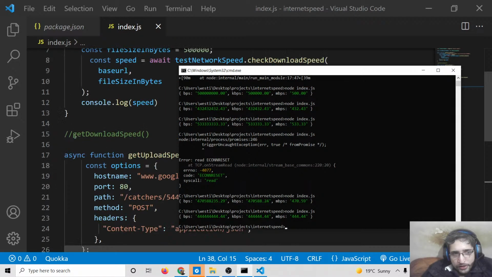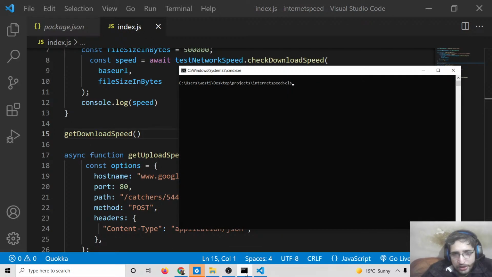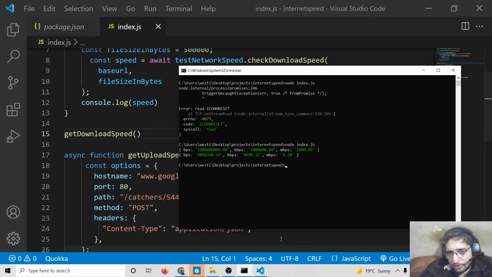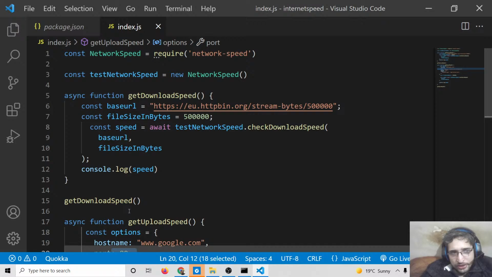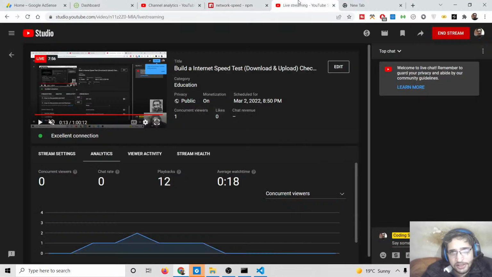And also if I uncomment this also, this will now print both the download and upload speed. So you will see 1000 for the upload and 4 megabytes for the download. So in this easy way, guys, you can just test the download and the upload speed of the internet using